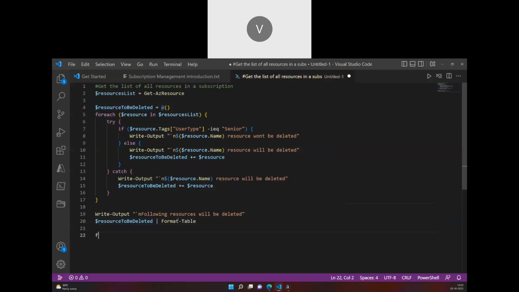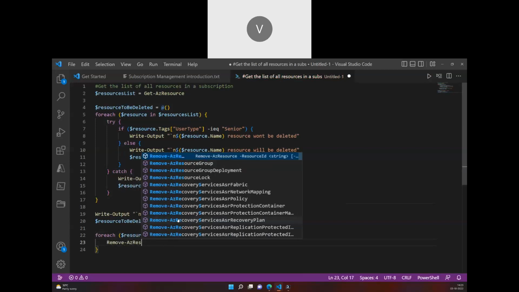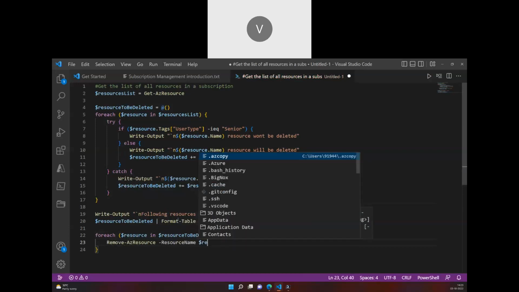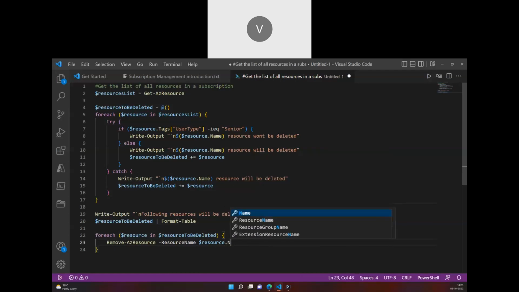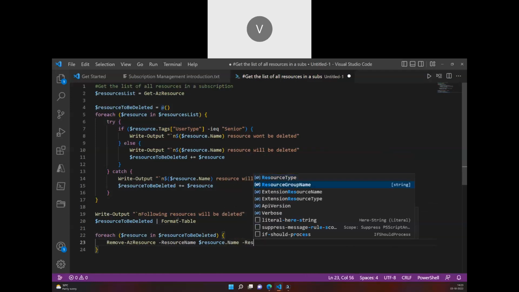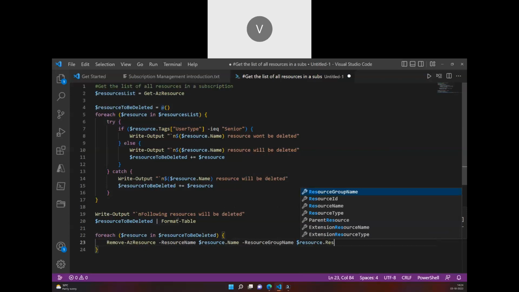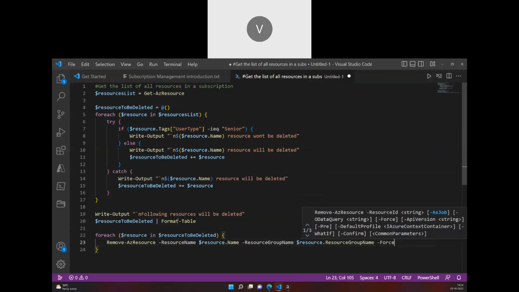and for each resource in the list of resources to be deleted, what we'll have to do is write a Remove-AzResource, and the name of the resource is resource name, and resource group name is resource group name, and we'll mention force so that it will not ask for any confirmation, and I'll run it as a job,